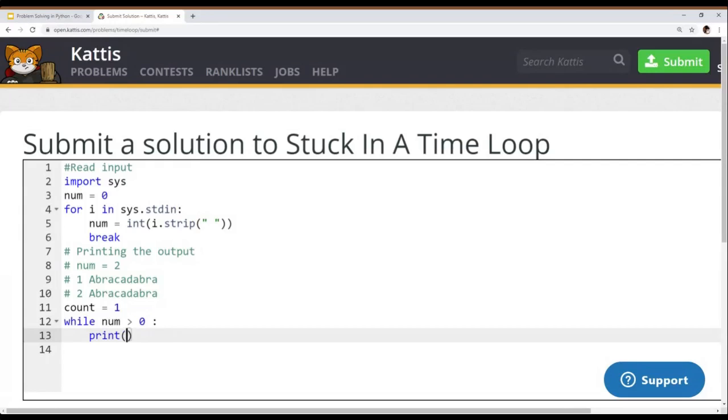So this count, when I declare it count equal to 1, this is of type integer. So I'm going to write here str, that is the string. I'm typecasting into a string type so that I can print it in this format, because I need to append this with this abracadabra, which is a string, and I also need to have a space over here. I'm going to write count plus,